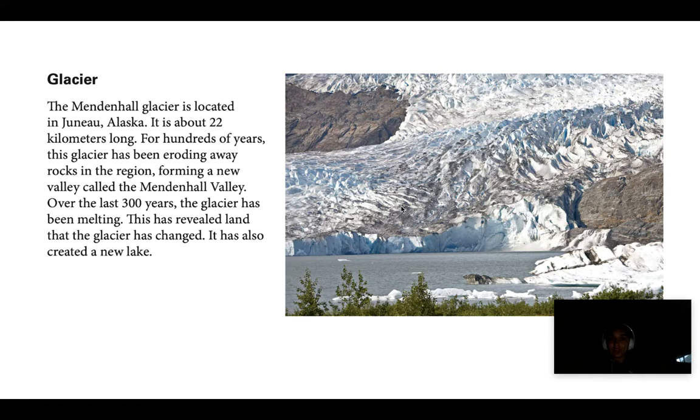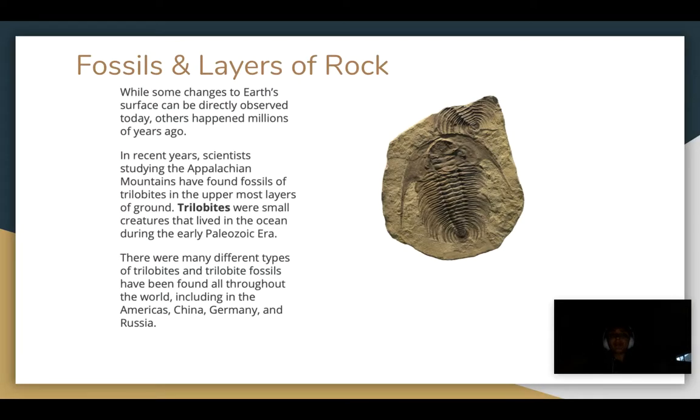Also, something that can happen is as it erodes away, rocks then start falling, and then that can form a valley. So glaciers can melt and they can form new bodies of water, and they also then can form valleys from rocks and erosion. So something that has come out of studying the Appalachian Mountains